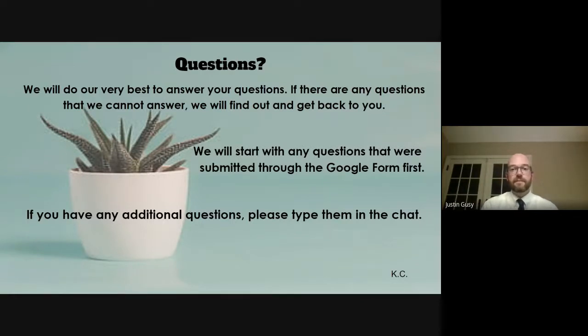But no student is typical, and no evening or night is typical. So there might be some nights when students have more, or it just takes longer for them to do a particular assignment for a particular content area, and some students might work through that faster. But again, if your student's feeling overwhelmed or underwhelmed, please reach out to us so that we can partner with you and figure out how to appropriately challenge your kid.